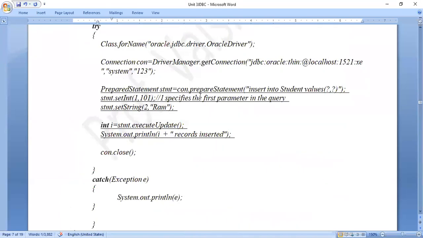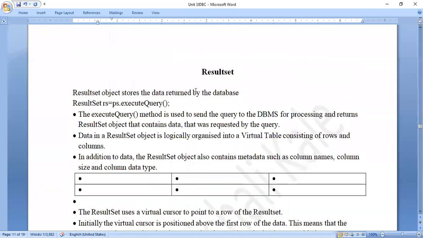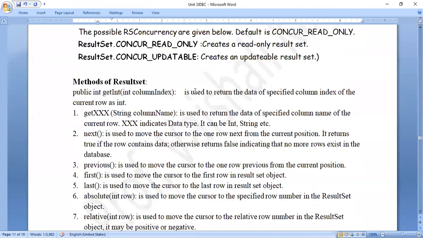So let us come to those methods here. Which method did we discuss now? We discussed the get method. So get is a method along with the data type. It is used to return the data of the specified column name. The column name can be substituted, or you can even substitute the index of the column. So in our example programs, we have taken the index.